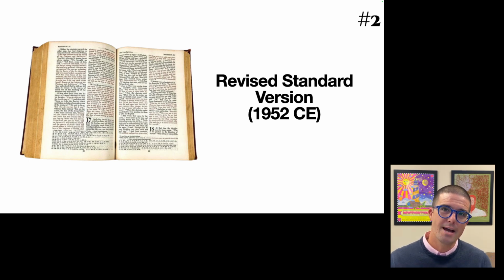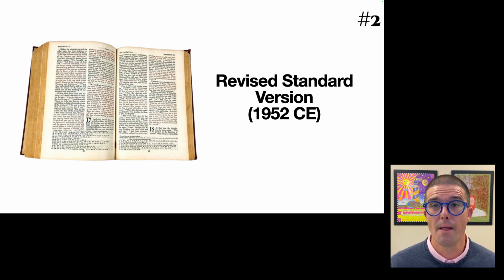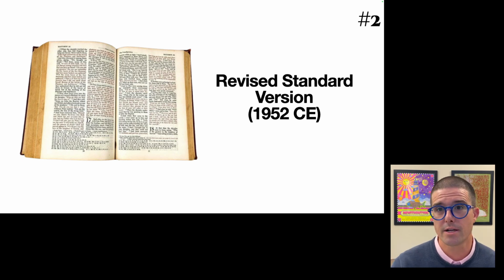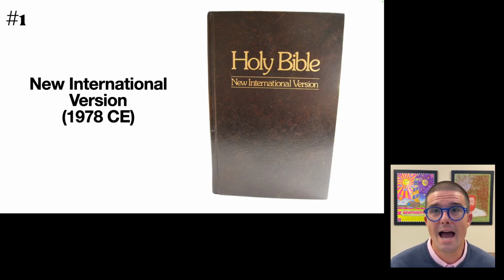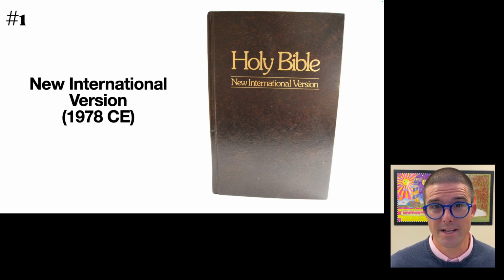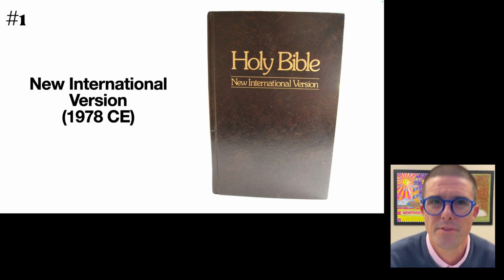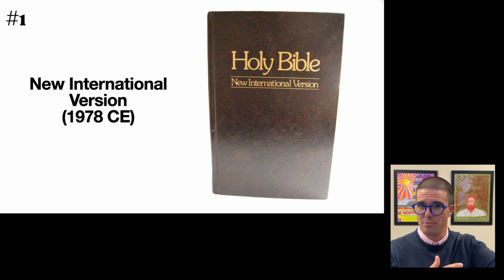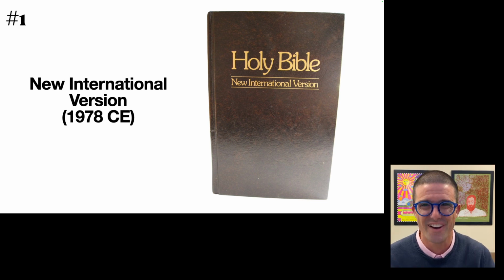The other thing about the Revised Standard Version is that it included the apocryphal books, and it became really an ecumenical Bible. Especially in its later revisions, it was supported by Protestants, by Roman Catholics, and by Eastern Orthodox Christians. And finally, the last English version in this history of important English versions. Please note that these are not ten least important to one most important. These are just in chronological order.